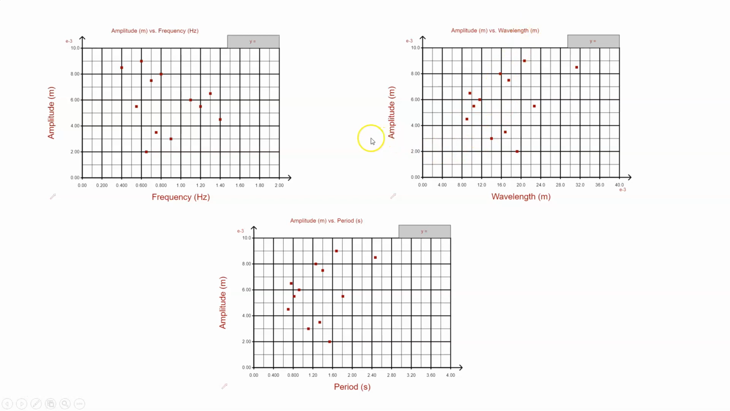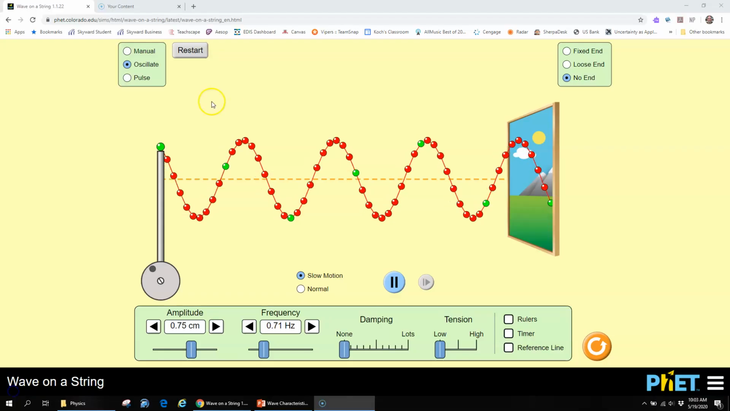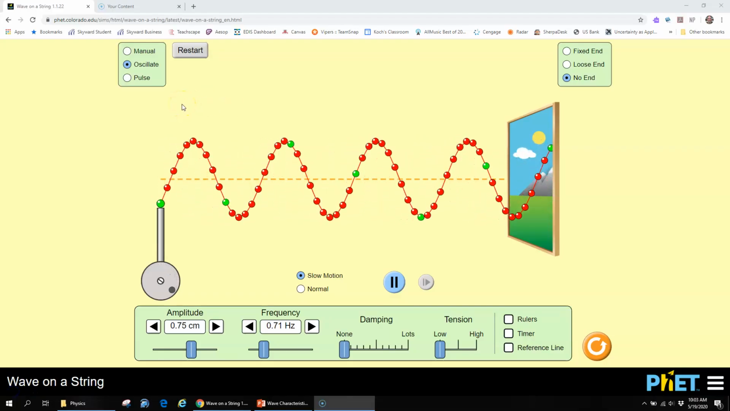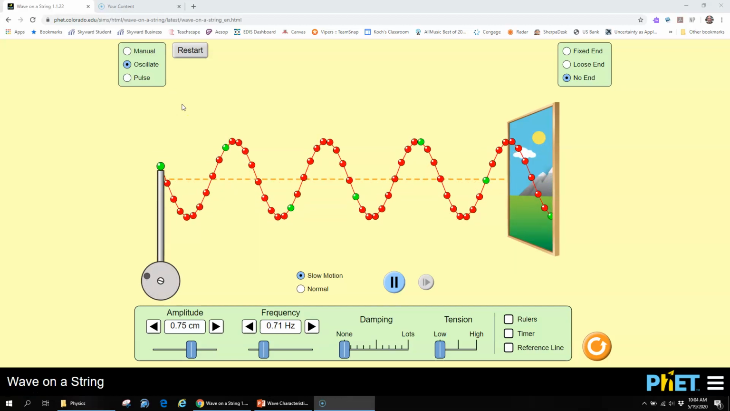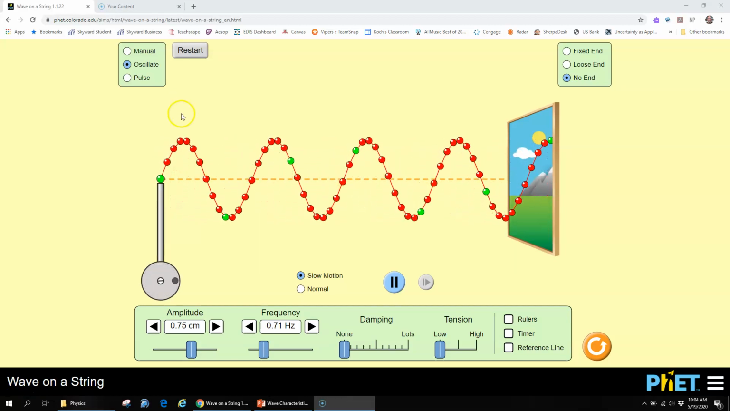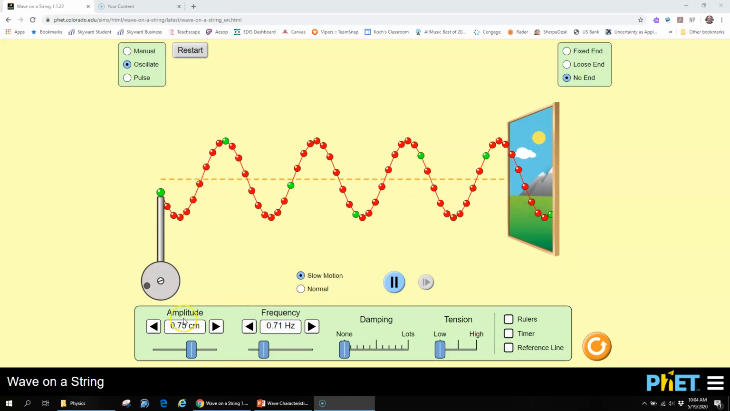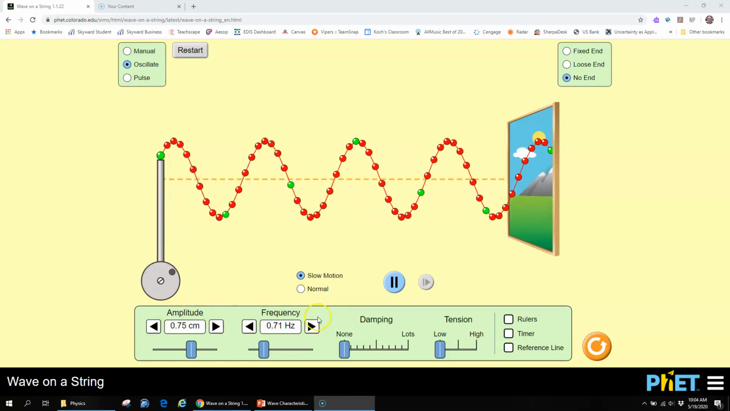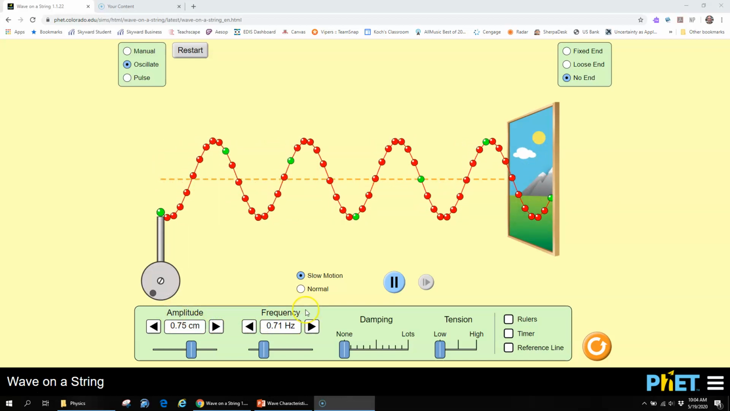So a lot of people were accurate about how they explained this, and they said that it just appears that there's no relationship between the two. I'm going to switch over to the wave machine and show why there would be no relationship between amplitude and frequency, and then certainly amplitude and wavelength. So here's the wave machine just running through here. And the reason there's really no relationship between amplitude and frequency is they're both sort of independent variables. So as we make these